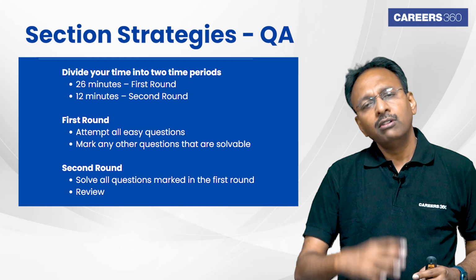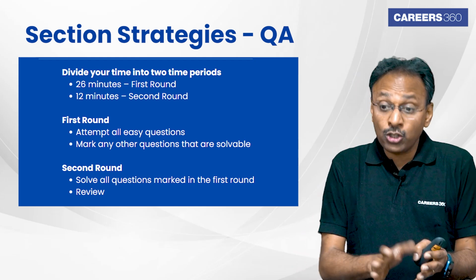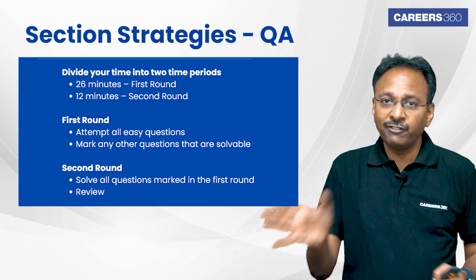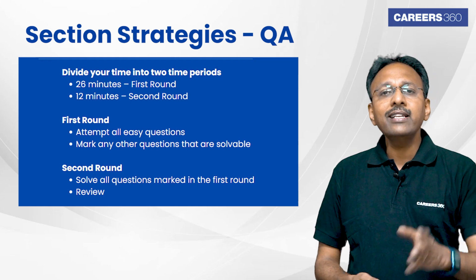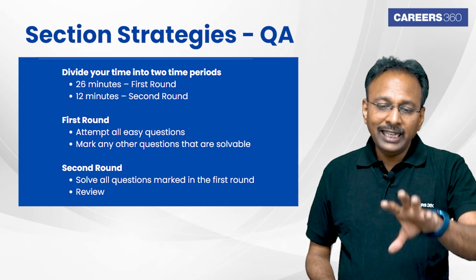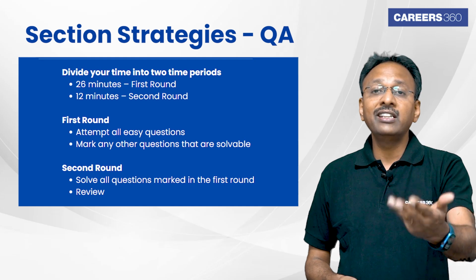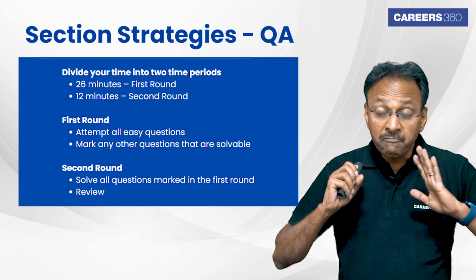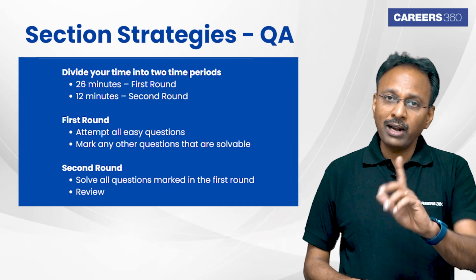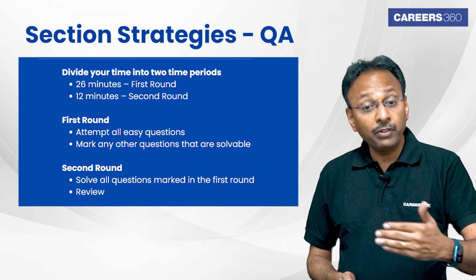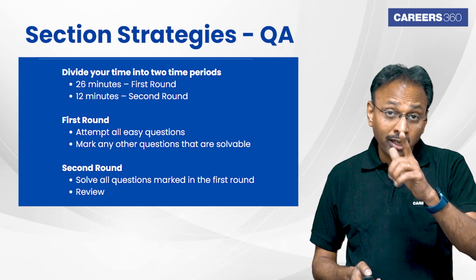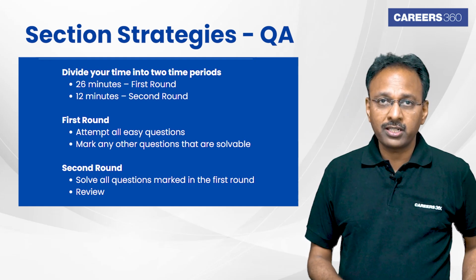Then all the things which you can't solve, or you can solve but you don't want to do in the first round, mark them, and in the second round you have 12-13 minutes. In that time, you will probably do 3-4 questions, giving 3 minutes per question. Fantastic is what I would say. That is one simple method, but this requires a lot of practice when you are attempting the mocks.